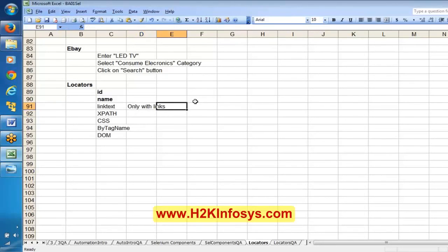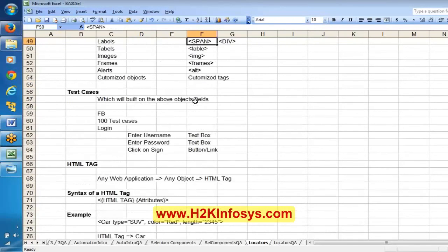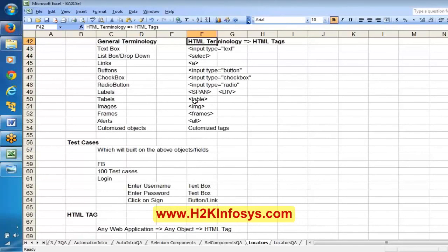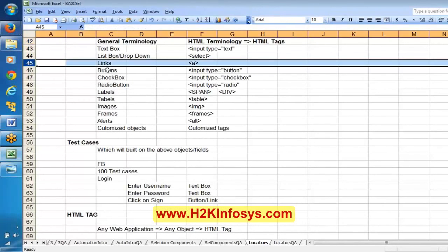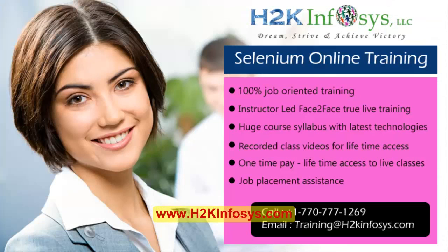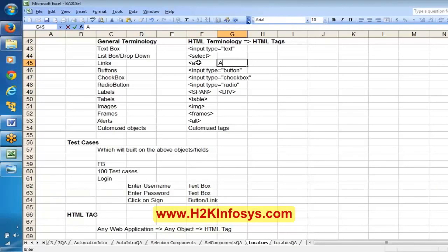And what is the HTML tag for a link? I think we did not discuss this, right? Generally links will be represented using the a tag. Everyone closely observe here. Technically we call it an anchor tag.